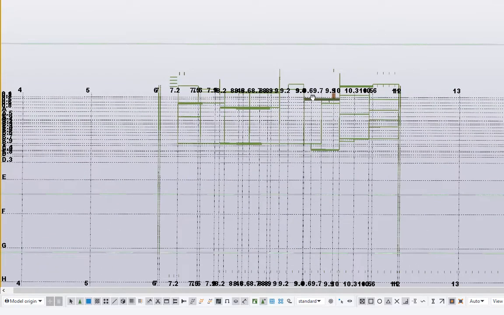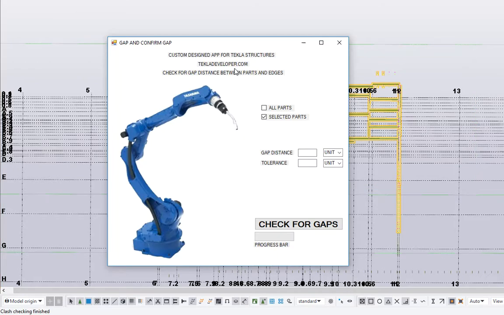And we'll select the parts, and we want to select a gap distance of 1/32 with a tolerance of 1/64, and that's going to be of an inch. So it's very nice on these tools to have a tolerance that you can enter in. It can either have no tolerance or you can enter in a tolerance, and that's what custom programming can do,